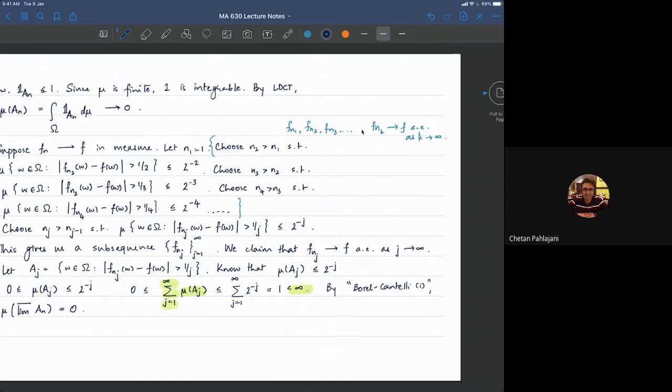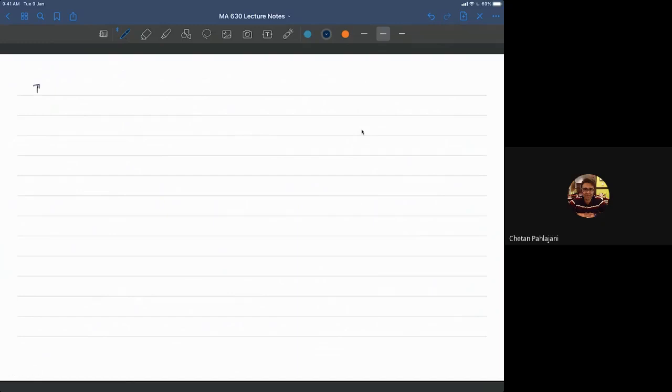Okay, so now what do we have? Let's write this out in more detail. Thus, mu of the intersection, n going from 1 to infinity, of the union, k going from n to infinity, of A_k equals 0. All right, so now I'm going to make a claim. I claim that, let N be the intersection, n going from 1 to infinity, of the union, k going from n to infinity, of A_k. All right, so we claim,